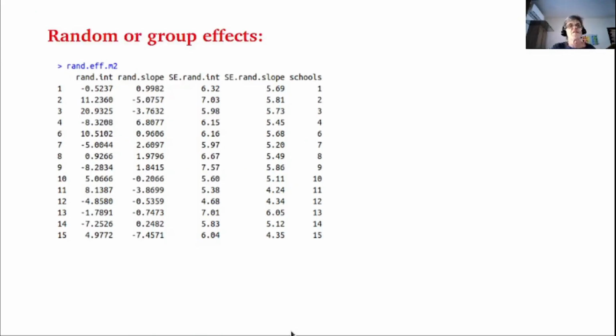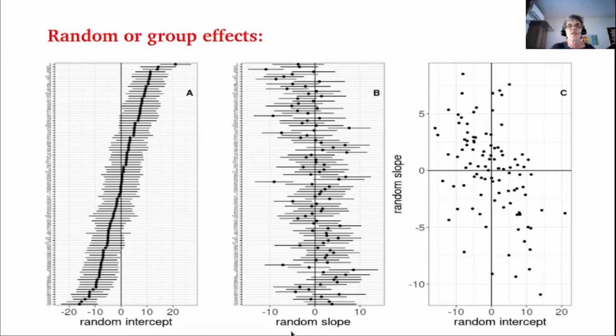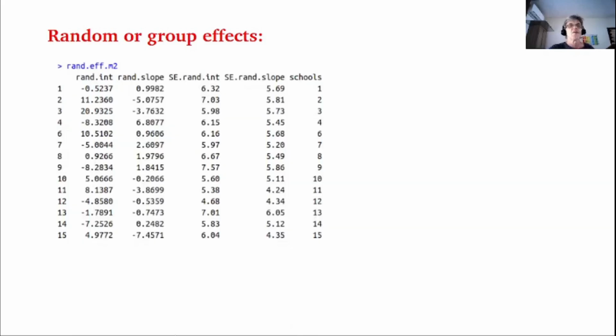So for the random group effects, we can show a table with the following equation, with the following coefficients. In here we have the equation for the random intercept, the random slope, the standard error of the random intercept, and the standard error of the random slope for each of the corresponding schools, which we can plot